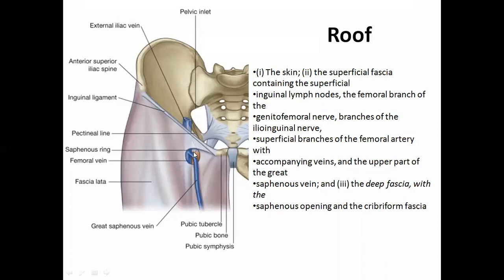It is passing through an opening in the fascia that's called saphenous opening. Saphenous opening is usually filled with fascia, and that is cribriform fascia. So these are the structures that can be seen in the roof: the skin, superficial fascia containing branches of nerves, femoral artery, accompanying veins, great saphenous vein passing through the saphenous opening.